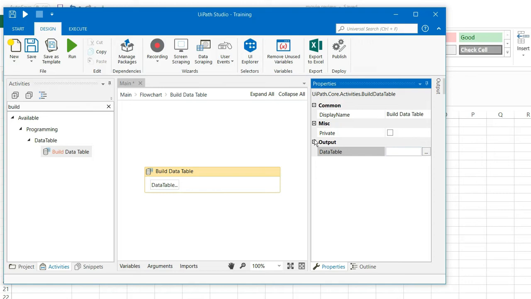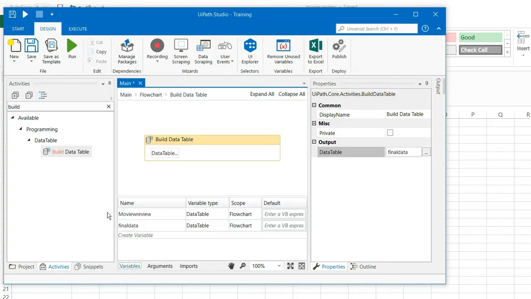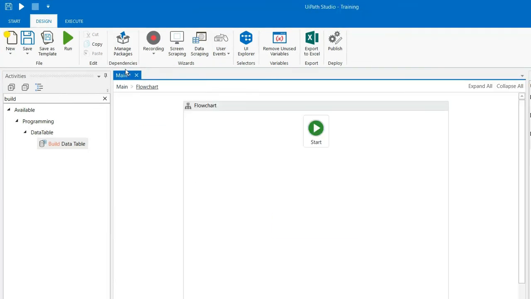So in the data table output column, you press Ctrl+K and create a variable, anything which is relevant, which you can easily recall and remember. I have created a final data variable in which this data would be stored, and you go back to the variable column and see final data is already there. I will maximize my screen now. What we have done so far is we have got the Excel data into UiPath. We have built a data table in UiPath where the data which is already there with us will be